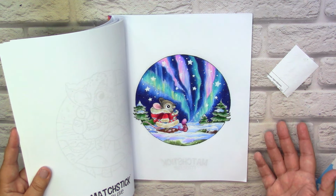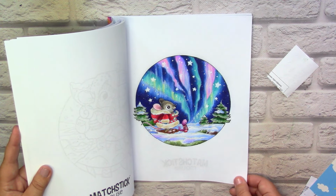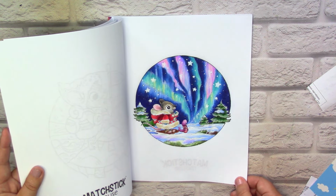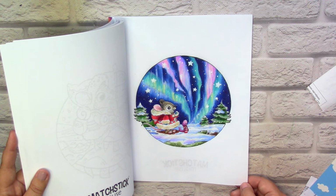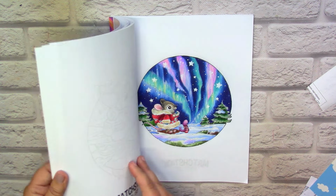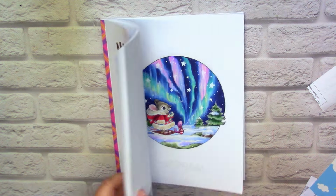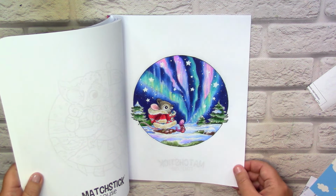When you use 3 layers, 4 layers of Prismacolors, they begin to create this not very pleasant waxy shine from the pencil core. And you spend double the amount of pencils, double the amount of time. So paper is a big disappointment. It was a big blow for me because I think that pictures here are the best in the whole series together with Spring. This one has my favorite pictures, but to color them in such quality,